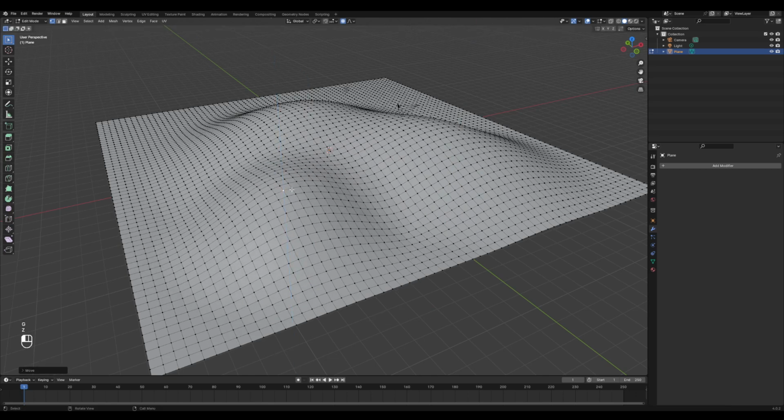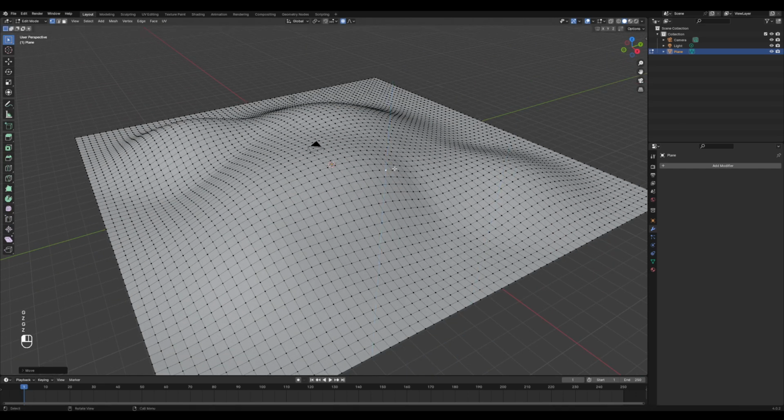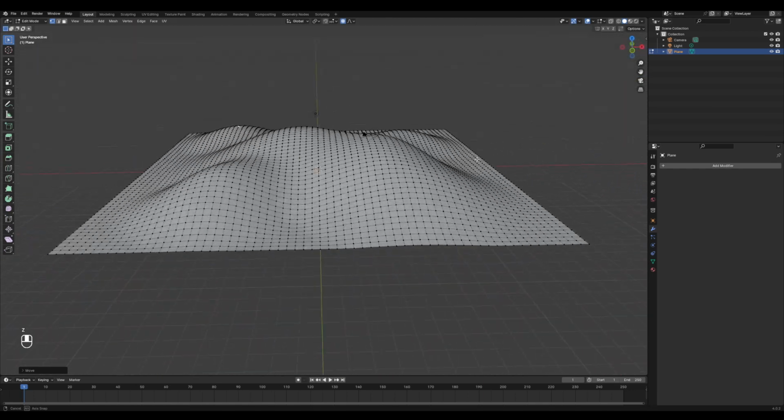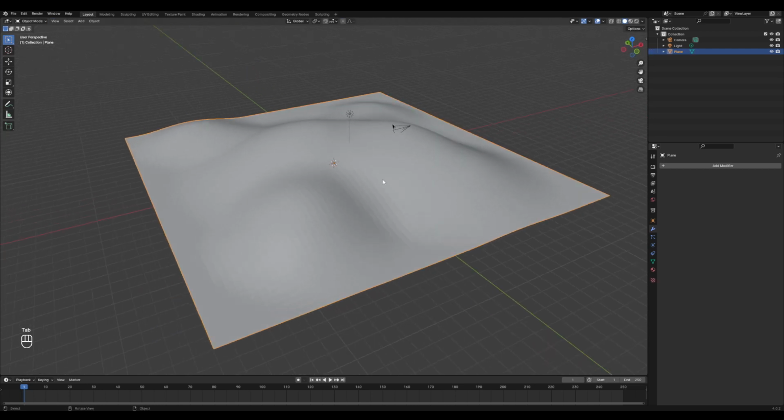Just creating a little bit of a hill for our castle to stand on, something like that. Okay, just a little bit of a hill here. Going to go back to object mode. Okay, so this is kind of our